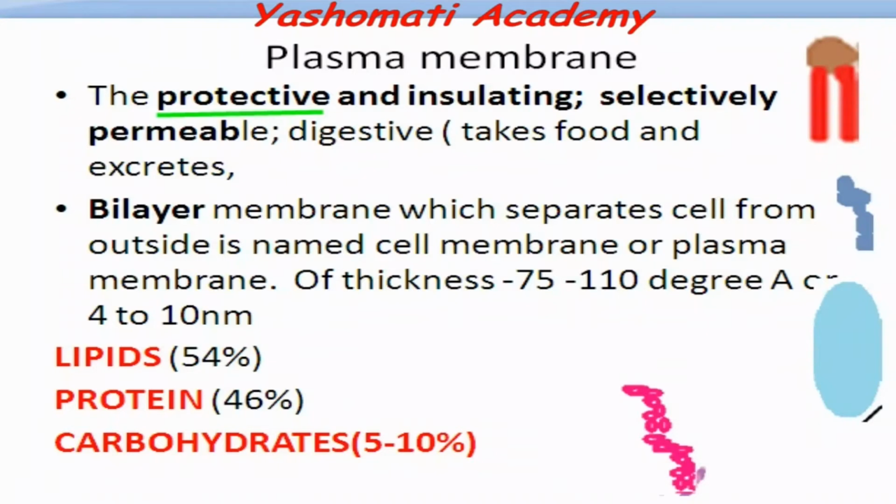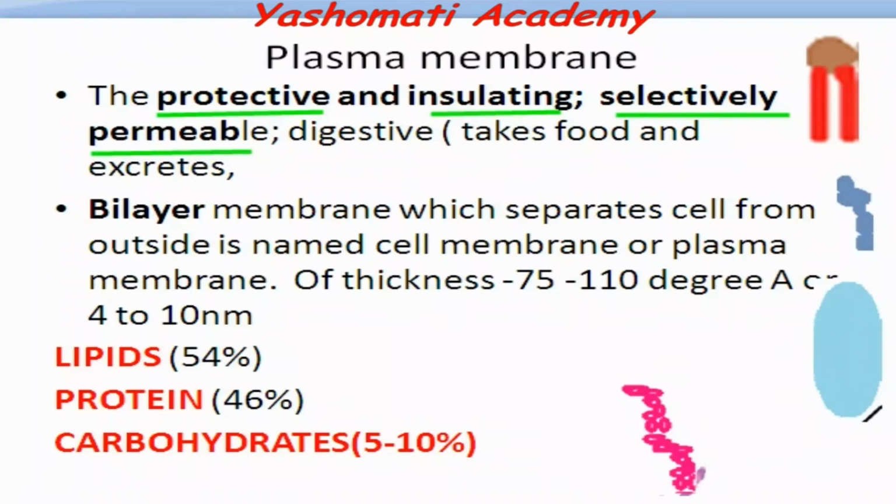It is insulating in nature. Because of this membrane, the internal environment of the cell can be maintained at a different concentration, different level as compared to the outside environment. It is selectively permeable. If you look at this word permeable, that means permission to flow through it. Permeable means the wall or the membrane through which materials can pass. Selectively permeable means that plasma membrane allows some materials to pass through it, whereas it may not allow some other